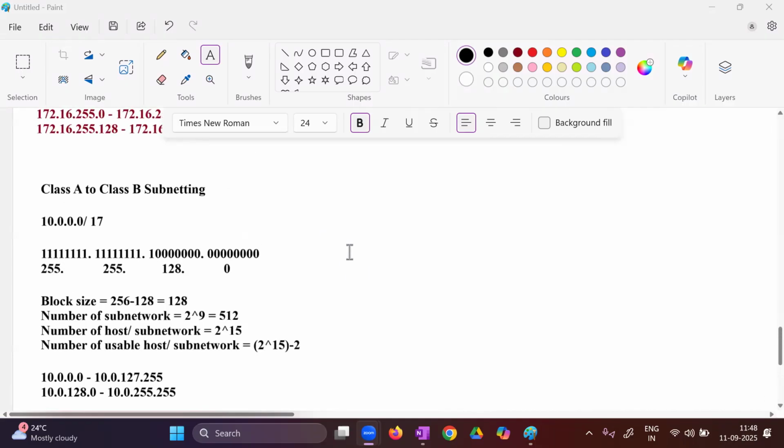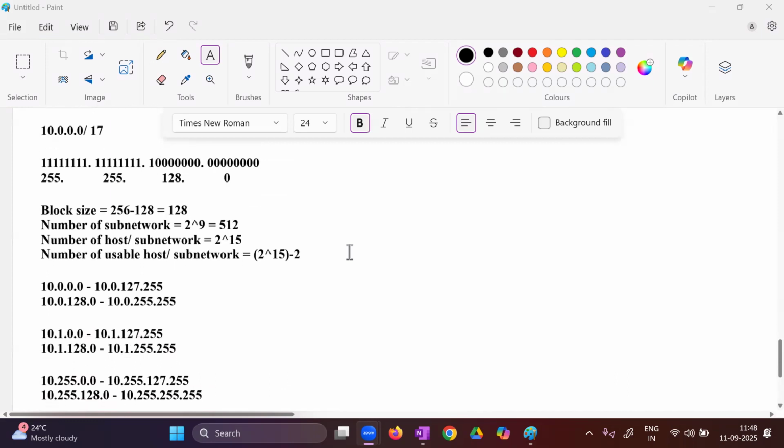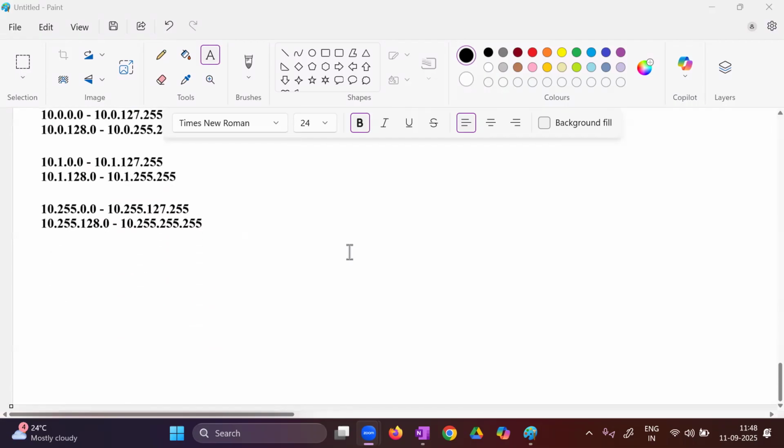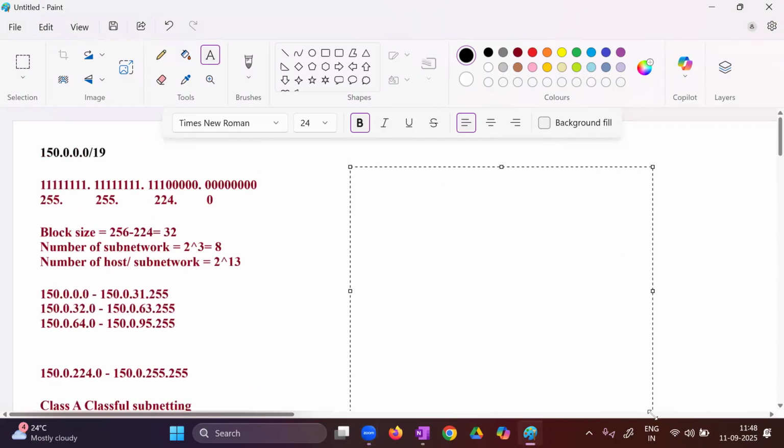Done. Now we'll start with A to C, and we'll learn the complete subnetting part. See, randomly you can take like this only, any IP of class A, then any subnet mask of class B, then you can try yourself also. Next, let's say we'll take a public IP this time, 1.0.0.0. Let me write first: class A to class C